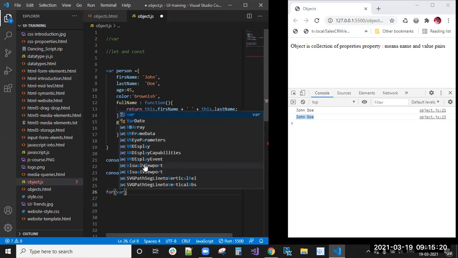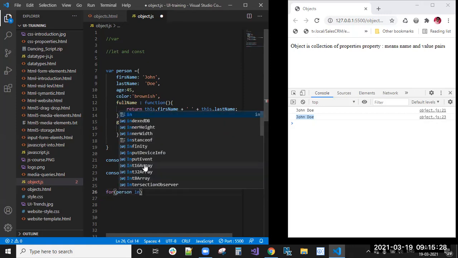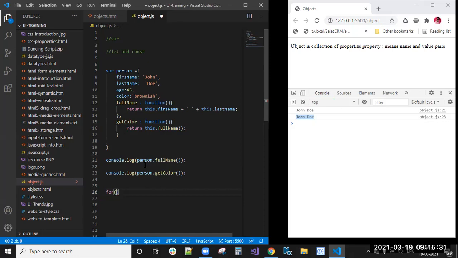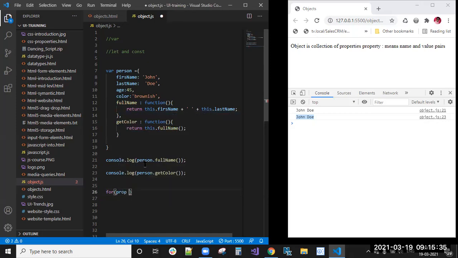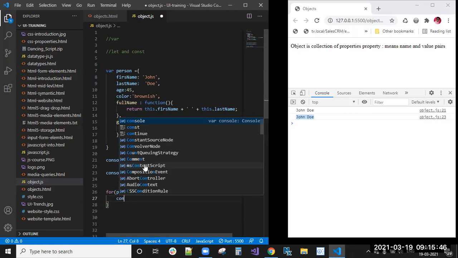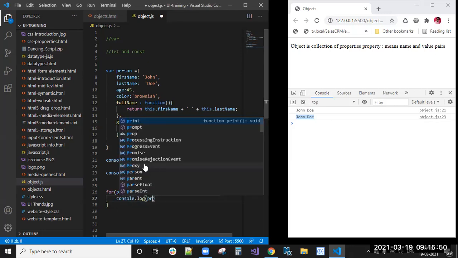For prop in person, and console.log of prop.